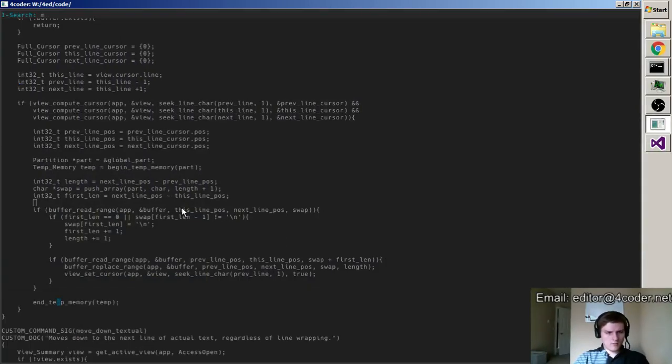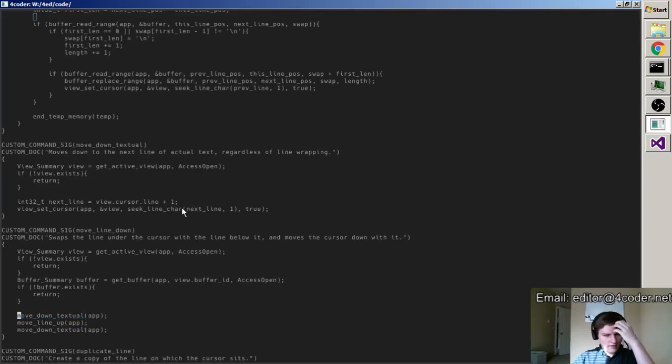So when we do move down textual, if we're already at the bottom, we don't move down anymore, so we stay where we are. We then move that line up one and then move back down, right. So what we want to do is we want to say move down textual, next line,